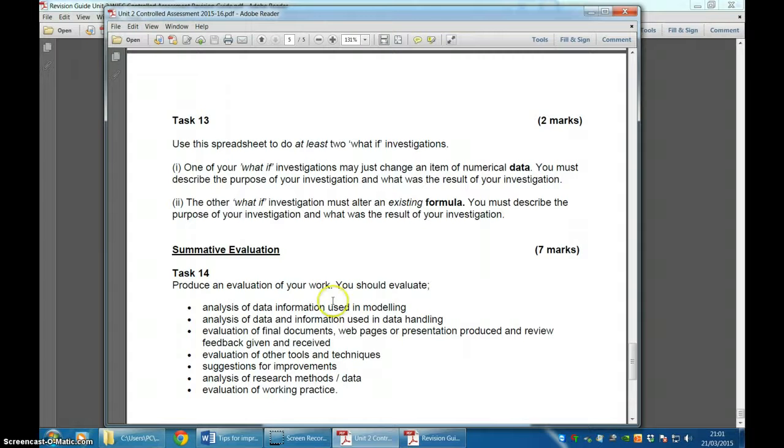This video is to talk to you about the final task that you need to do, task 14, which is a summative evaluation. Here's typically what you're going to be asked to do. You've got 7 marks available to you, and it's listed here that you need to analyse the information you've used in your modelling, analyse the information you've used in your data handling, that's a database project, evaluate your final documents,